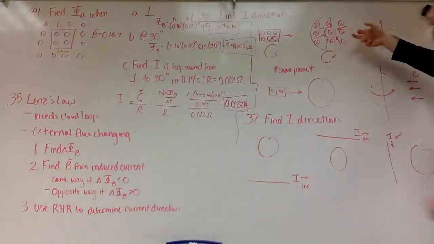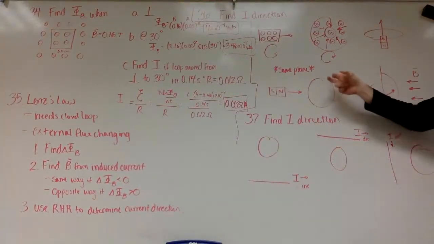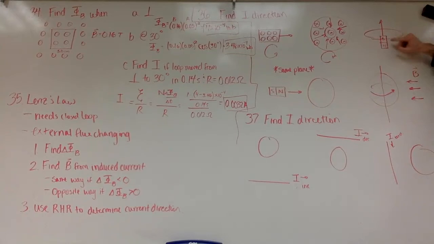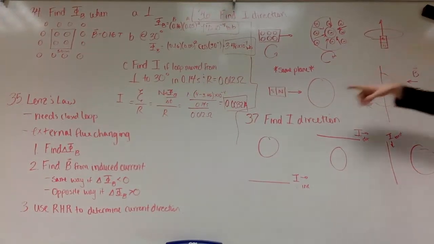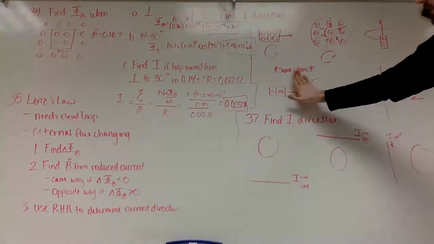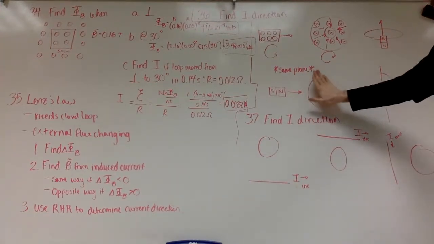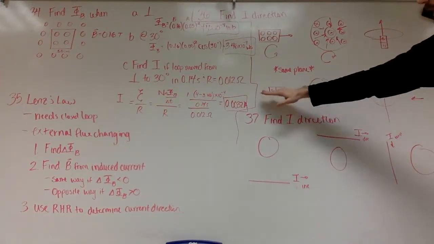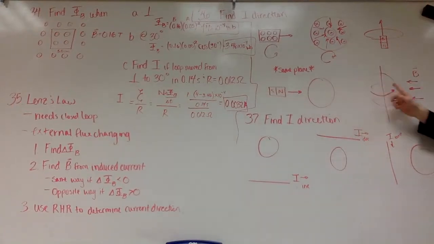In this first one, we've got a loop. Imagine the loop is completely flat with the page. It's hard for me to show that. The south is below it, and I'm moving the south end of a magnet closer to it. In this case, they're in the same plane as the page. So I have a flat loop on the board, and I have a magnet, and I'm bringing it closer, north